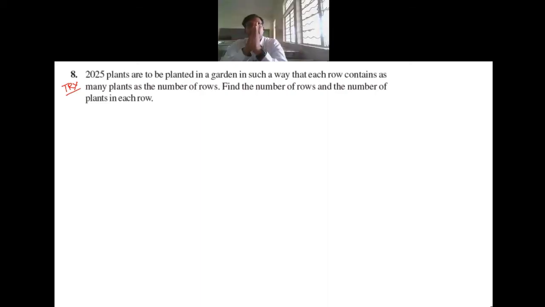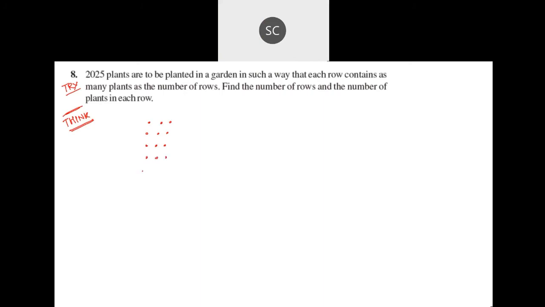You have to think along these lines. Suppose people are standing in a parade, in threes, isn't it? To tell the total number of students in the parade, how do you calculate? We take a horizontal line and a vertical line and multiply. This way is called rows and this way is called columns. Each time, rows multiplied by columns will give the total strength.